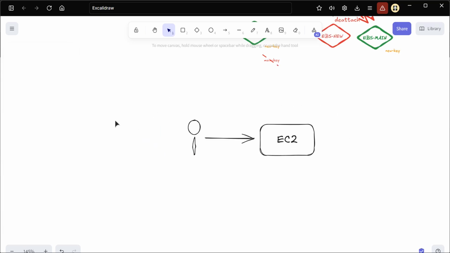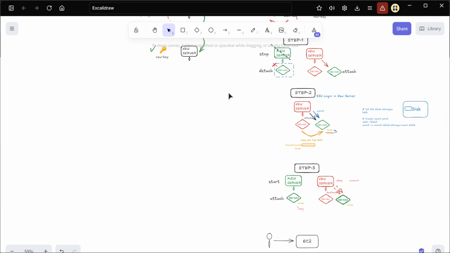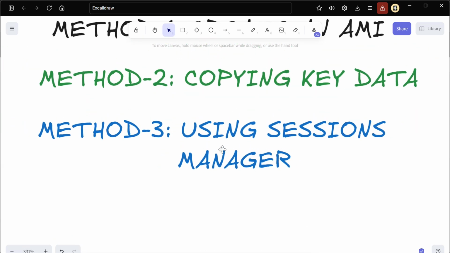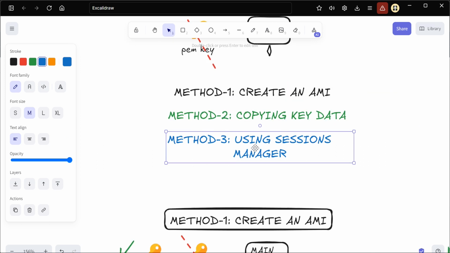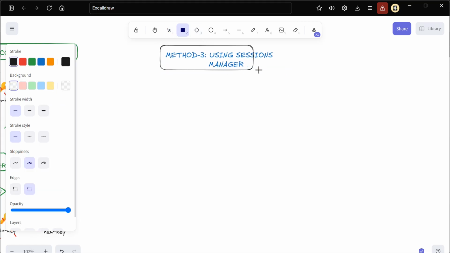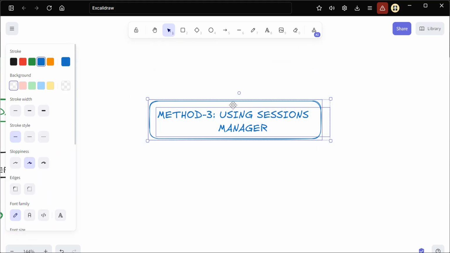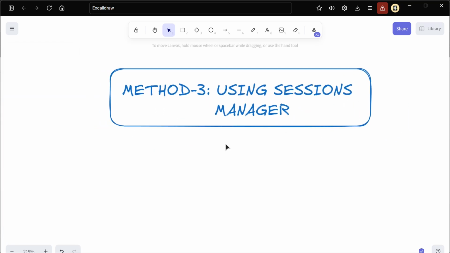That is what we are going to discuss in method number three, that is using Session Manager. In Session Manager, we are going to see how we can do it in a simpler way. This method number two was a bit tricky, but it can help you from the interview perspective. But let us understand method